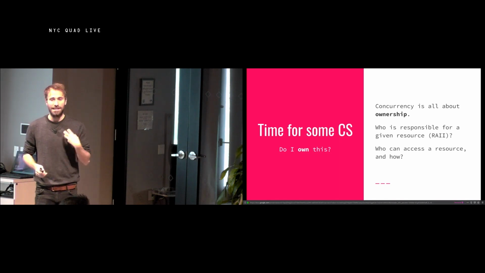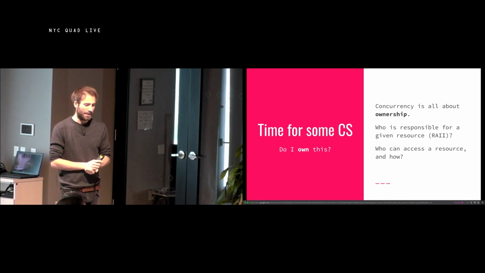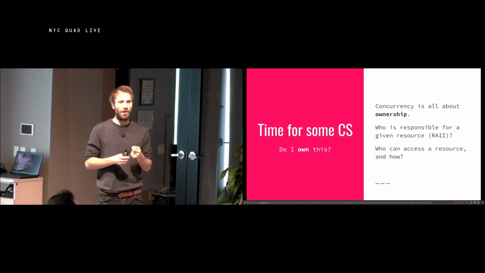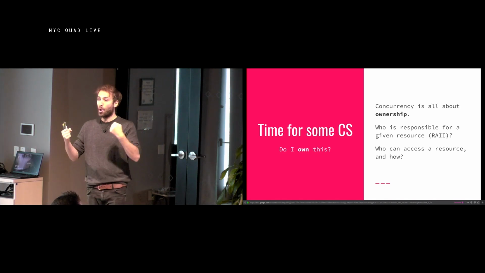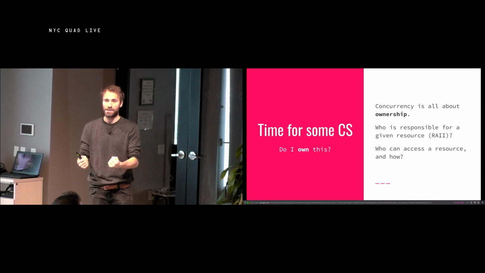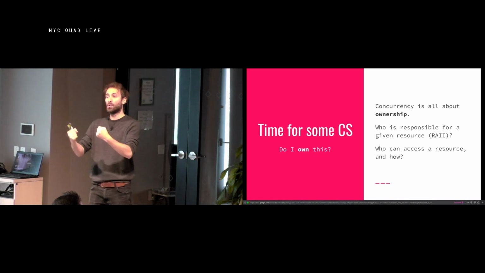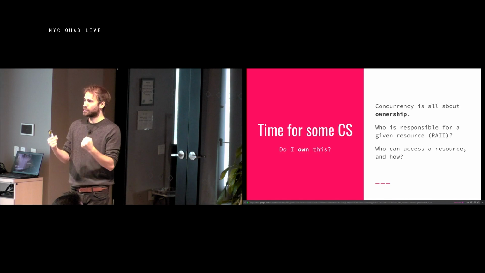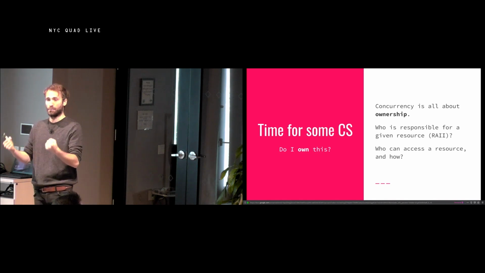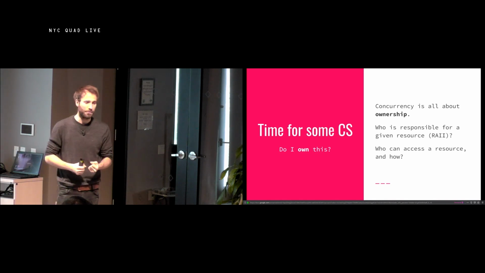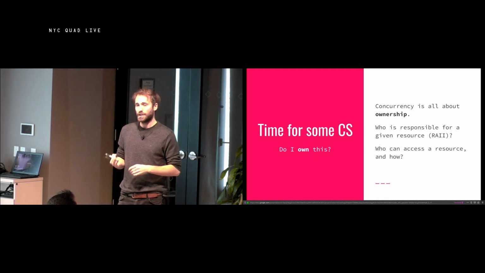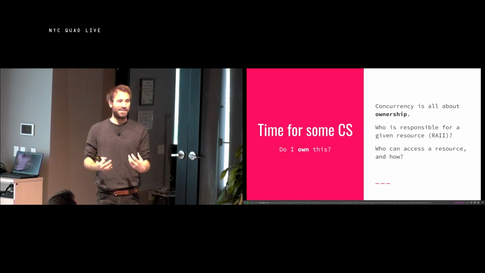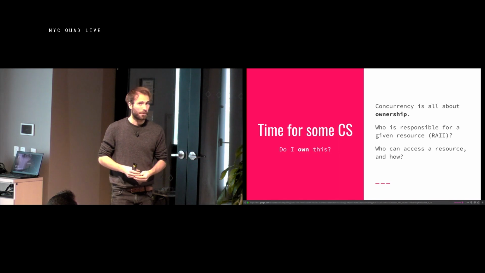So ownership is a key tenet of Rust. And the basic idea is similar to what RAII is in C++ or in many other languages, that if you own something, then you are responsible for that thing. So if you own some piece of memory, you are the one who's responsible for freeing that memory whenever it's appropriate to do so. In particular, Rust extends this with, if you own something, you also get to choose who has access to that resource and how.